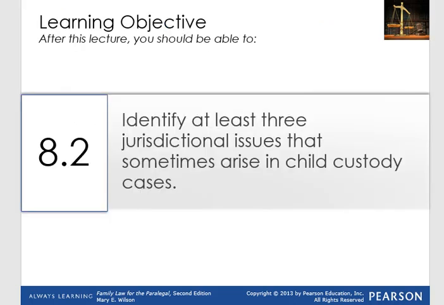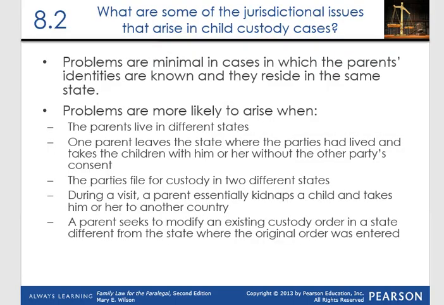Identify at least 3 jurisdictional issues that sometimes arise in child custody cases. Problems are minimal in cases in which the parents' identities are known and they reside in the same state. Problems are more likely to arise when the parents live in different states, or when one parent leaves the state